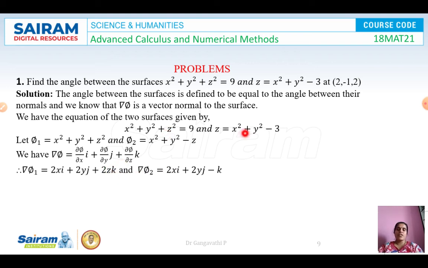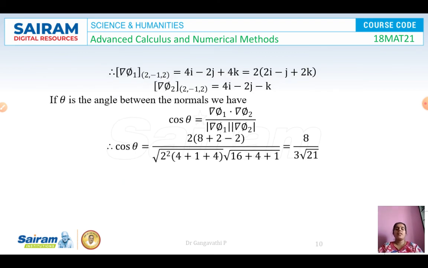And for this function, we have the scalar function and we have to differentiate it with respect to x, y and z and substitute it here. So we get grad phi 2. Differentiation of x square is 2x, differentiation of y square is 2y and differentiation of z is 1, that is, if you take this z towards this side, it becomes minus z, and differentiation of which is 1, and differentiation of 3 becomes 0. So these are the two vector normals. Grad phi is nothing but the vector normals. So these scalars have been converted to vectors. Now we can find the angle between them.